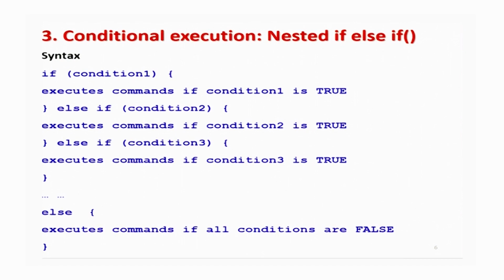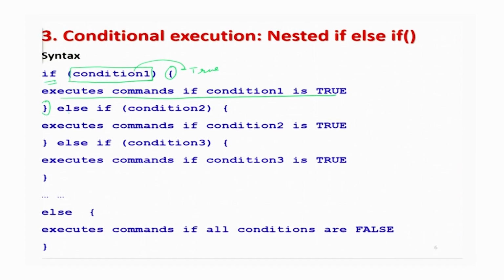So, in the case of if else, what happens is that I will write down here if, and then in the parenthesis I will write down the condition, and after this whatever has to be executed if this condition is true is to be written. Suppose my first condition I am indicating as condition 1. Now if this condition is true, then I write whatever is to be executed inside the curly bracket. So, I write here: execute commands if condition 1 is true,